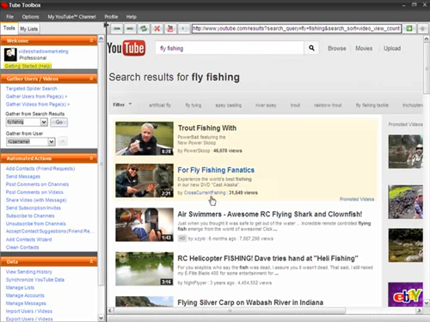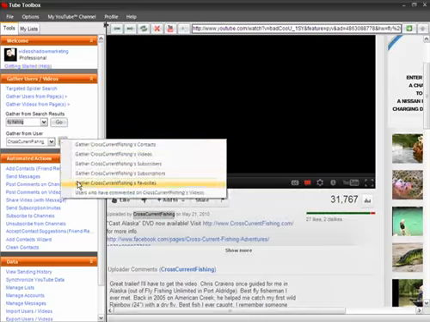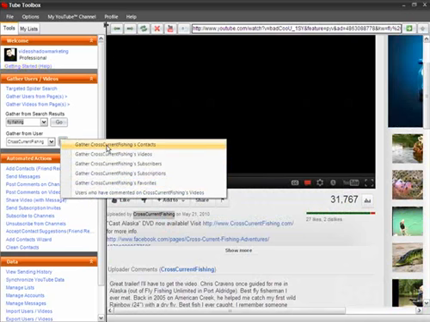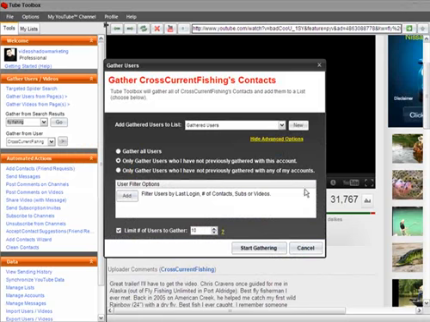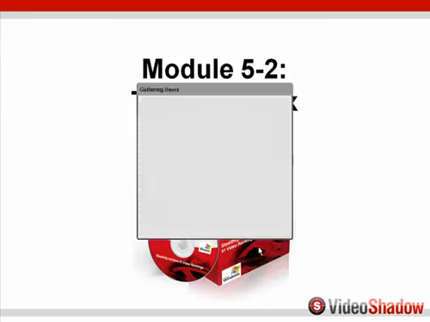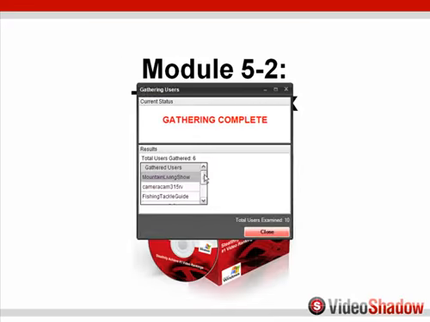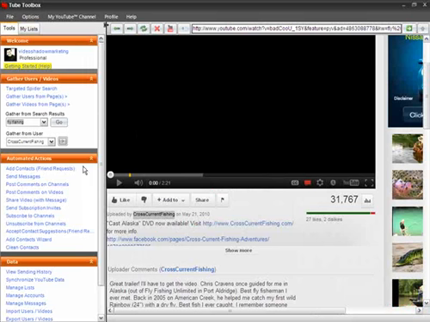So if I want to gather users from, I'll click on this. Let's gather from their contacts. I'm only going to gather 10 because I don't want to gather a lot right now, just to show you. So it's going to pull the top 6. That person only had 6 people in their contacts, and it collects that information and adds them to my database. So that's just a couple of ways that it actually starts to pull